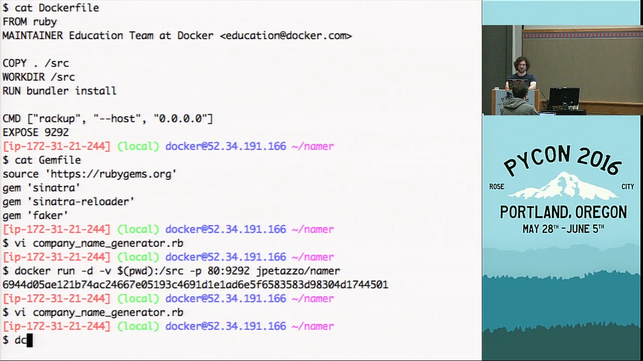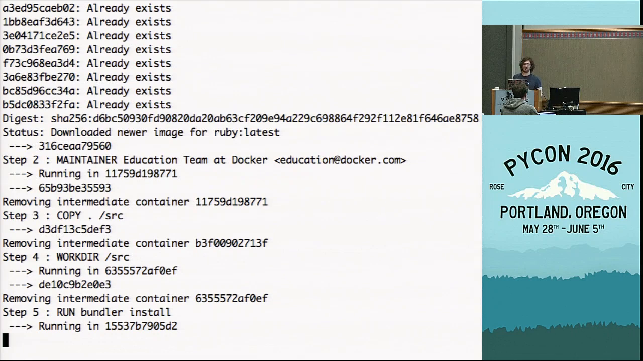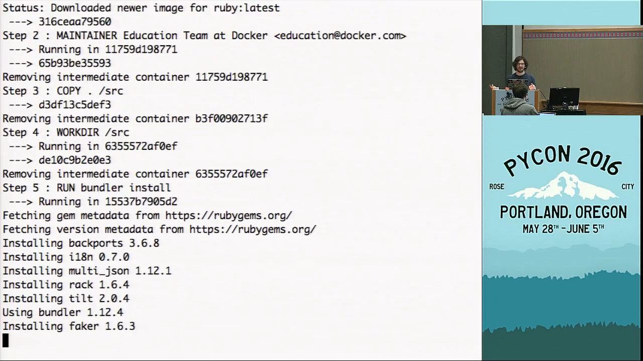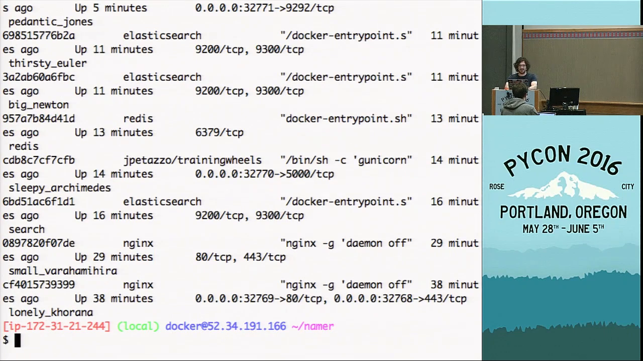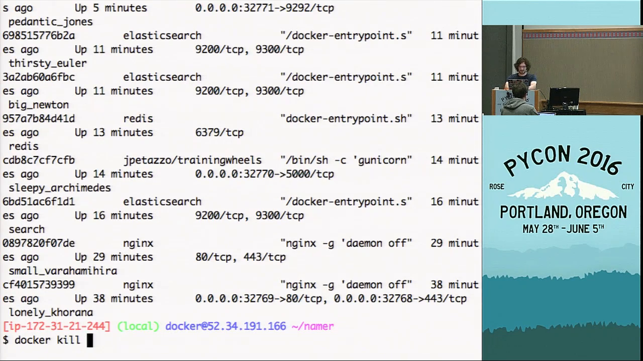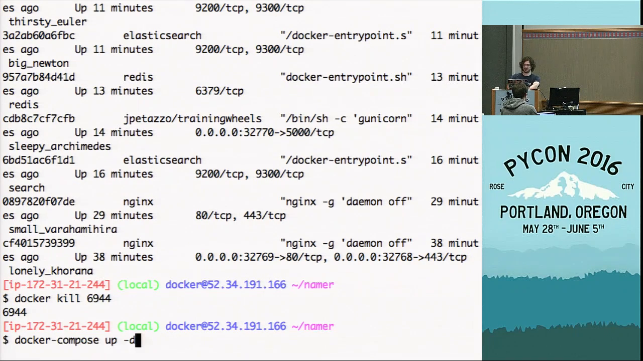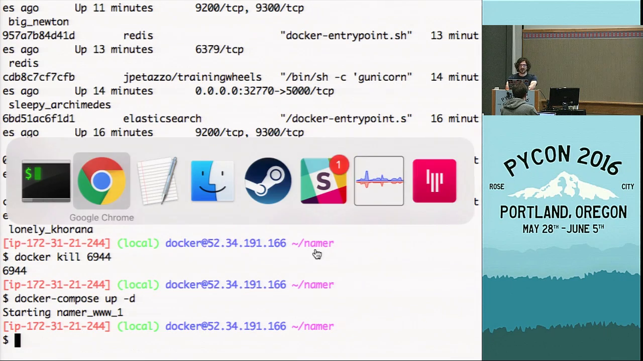Let's see if this is true. I'm going to do docker compose up -d, because I want to start the stack in the background. And when I do docker compose up, it's downloading the base images, it's building my container image. Here you can see the Dockerfile, so that's bundler install and this and that. And yeah, it's complaining because there is already a container running on port 80. That's what you get if you try to put multiple containers on the same port. It will complain because the port is already in use. So I do docker compose up, and now on port 80,